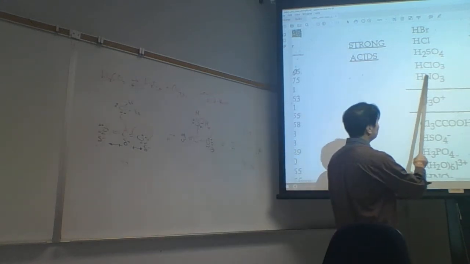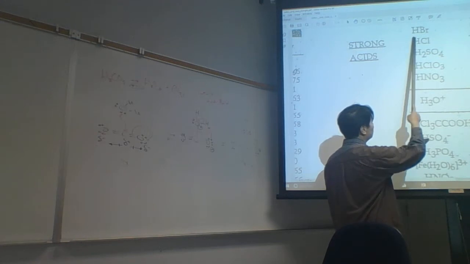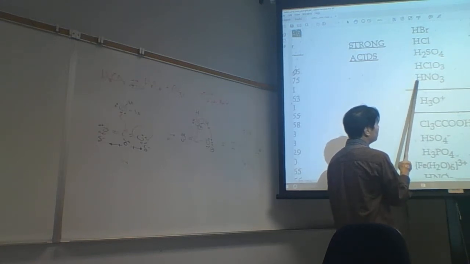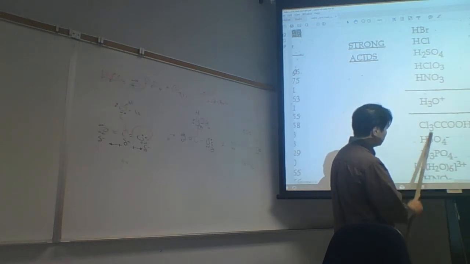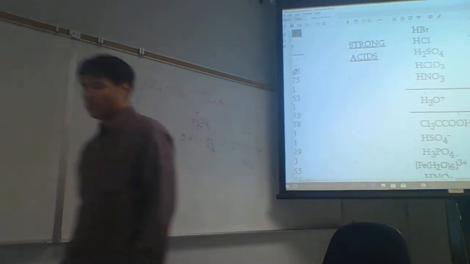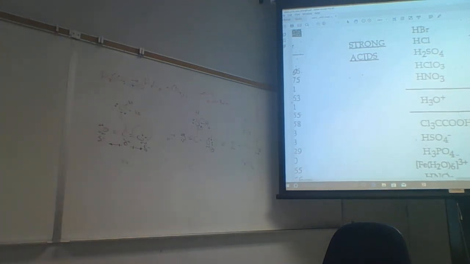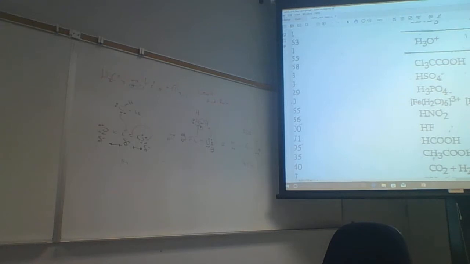Therefore, any acid that's stronger cannot exist in water. And so all these are going to hydrolyze or ionize 100% in water. These can exist in water. These are the weaker ones. So where's acetic acid? Here's acetic acid. Acetic acid is written CH3COOH